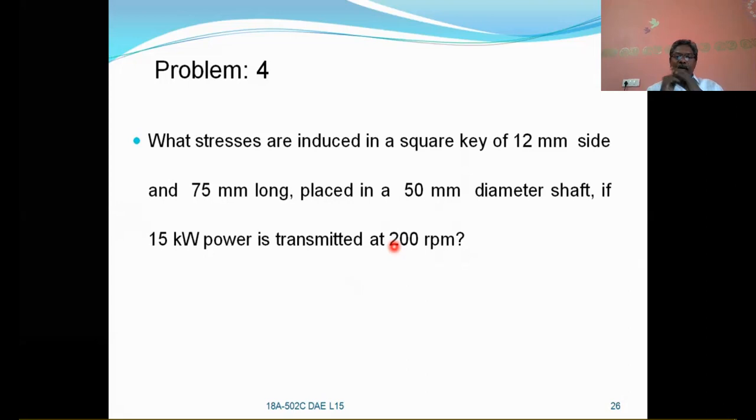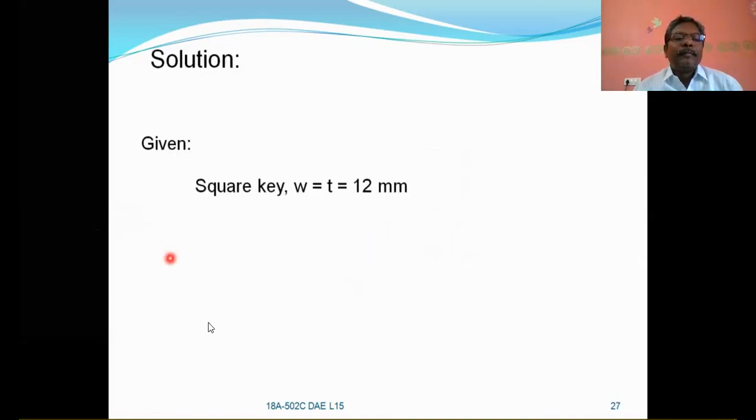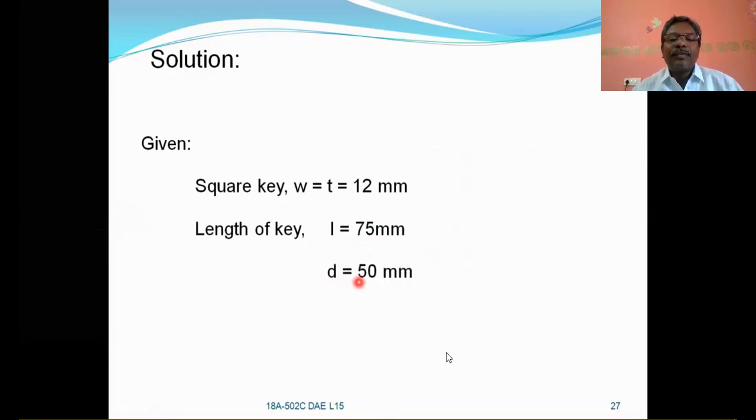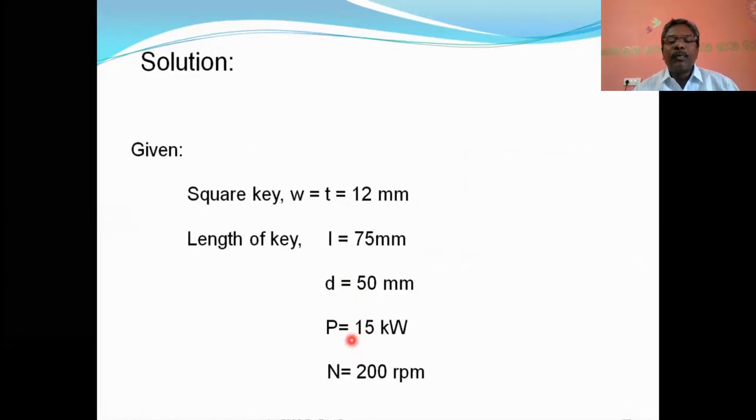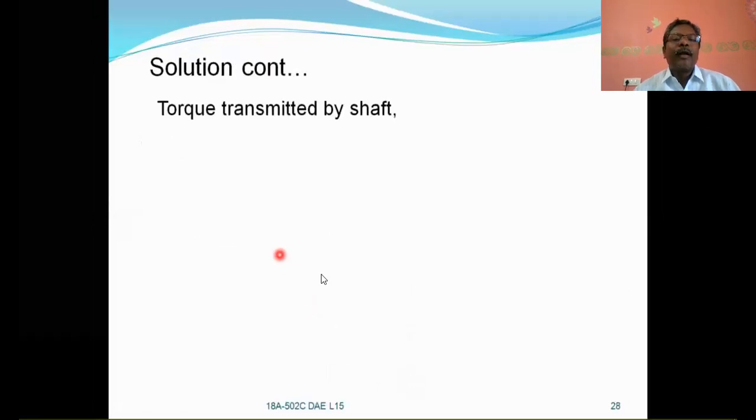So based on the power formula, and speed is also given, let us solve this problem. Square key W is equal to T is equal to 12 mm, length of the key is L is equal to 75 mm, diameter of the shaft is equal to 50 mm, power is equal to 15 kilowatts and the speed is 200 revolutions per minute. This is the data given to you, and the torque transmitted can be calculated by using the